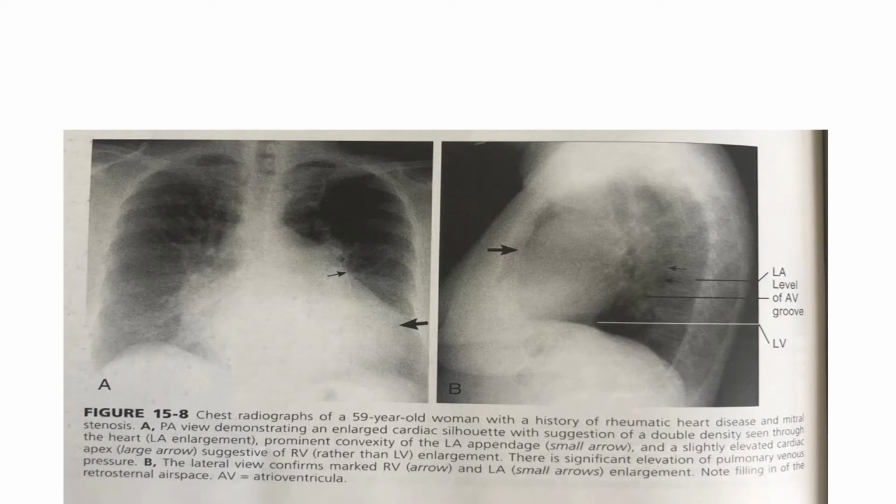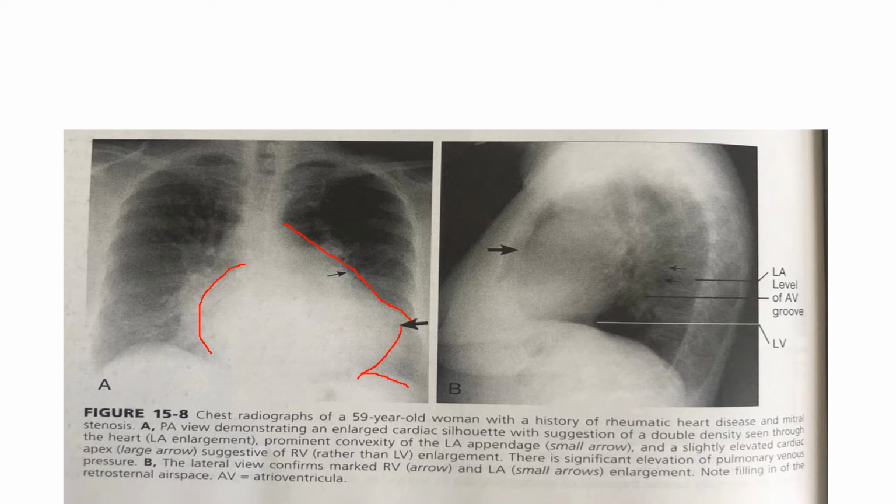This slide depicts a PA view X-ray and a lateral view X-ray. The PA view X-ray is approximately non-rotated with adequate inspiration and adequate exposure. Here we can see that the heart is in its normal position with the double density sign here. We can also see that there's an enlargement of straightening of the left heart border with an upturned apex and the cardiophrenic angle being acute. So all these features are suggestive of left atrial enlargement with right ventricular enlargement.